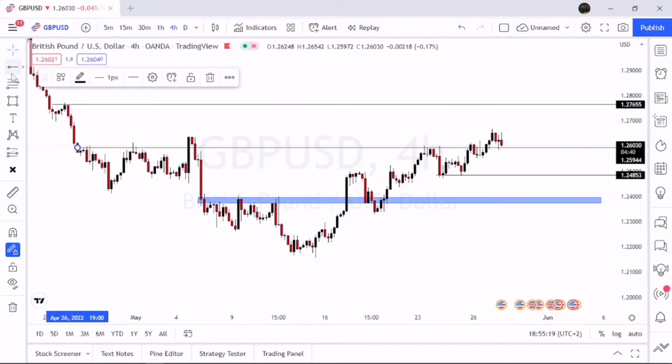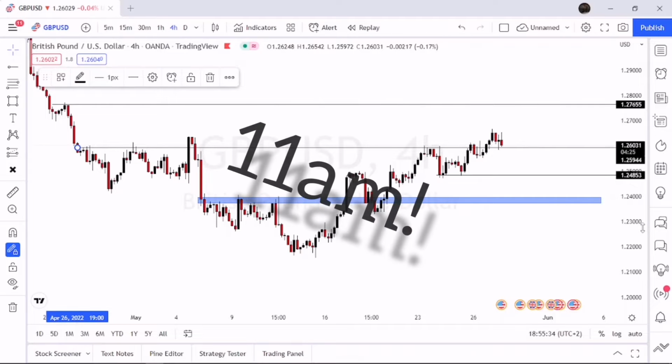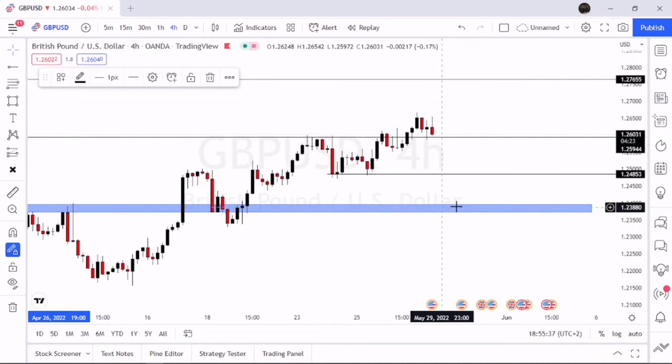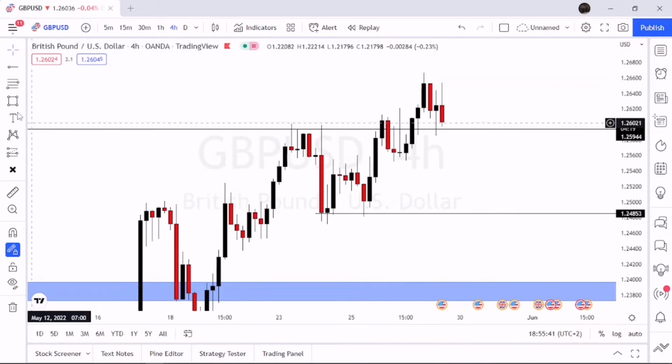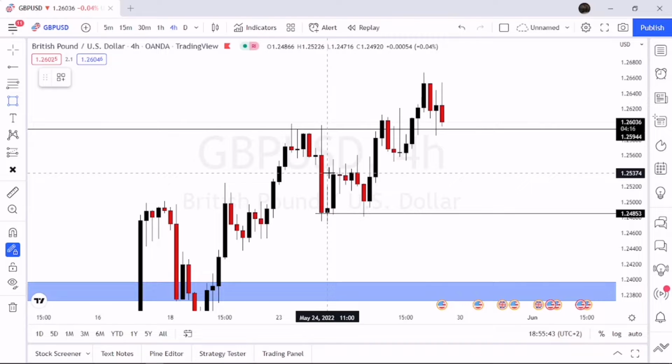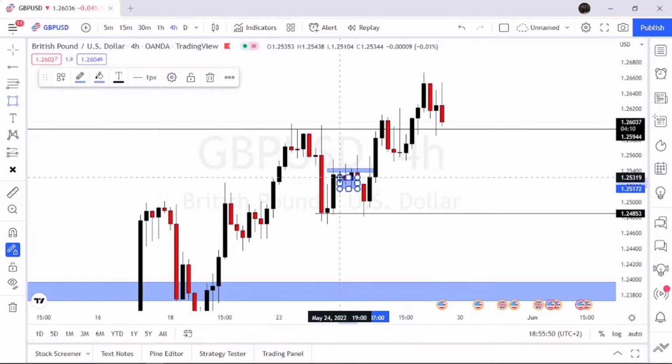So I'll show you how I managed to get a trade at still London session, but pre-New York. It's not even pre-New York, but it was still London session around 11 p.m. South African time. So while the market was here, when I woke up, what I discovered is that the market is failing to break this zone here,